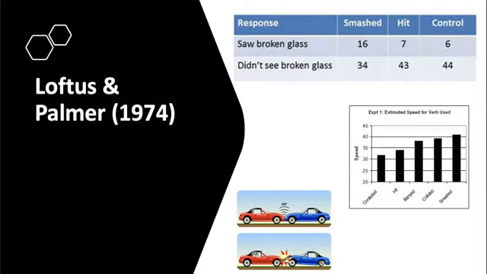And as you can see from that black and white bar graph, those that were asked how fast the cars were going when they contacted each other estimated a much lower speed than those who were asked how fast the cars were going when they smashed into each other. So you see the difference there. Additionally, more people claimed they saw broken glass when they were asked what they saw when the cars smashed into each other, whereas of the group who was asked if they saw glass when the cars just hit each other, much fewer said they saw that. So you can see how just one word changed the question. Just changing that one word can affect how people recall and report on events that they see.